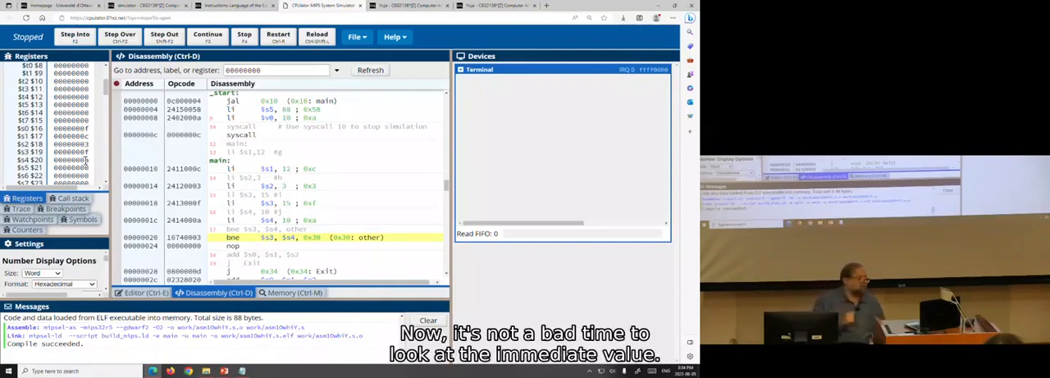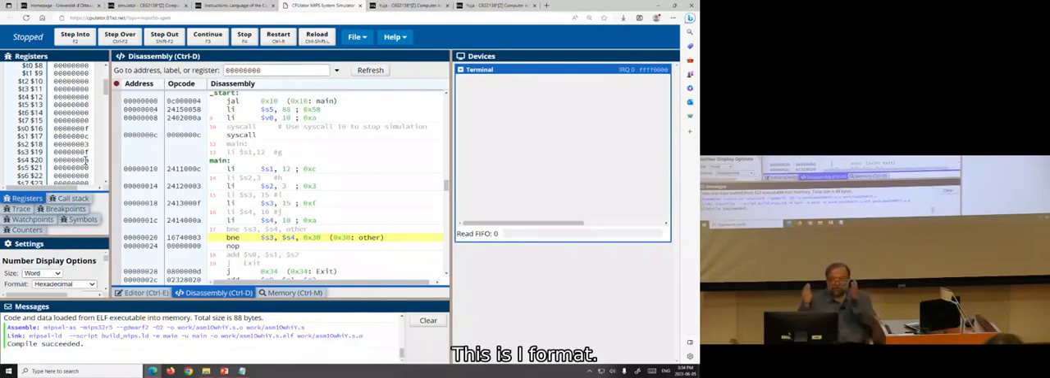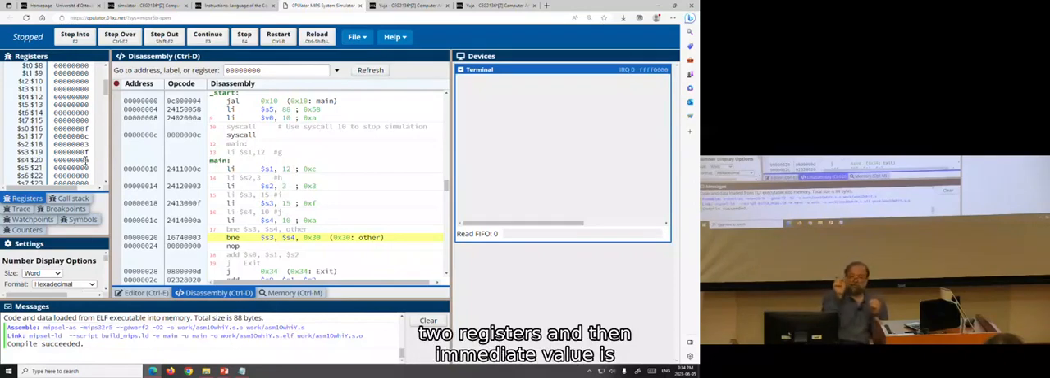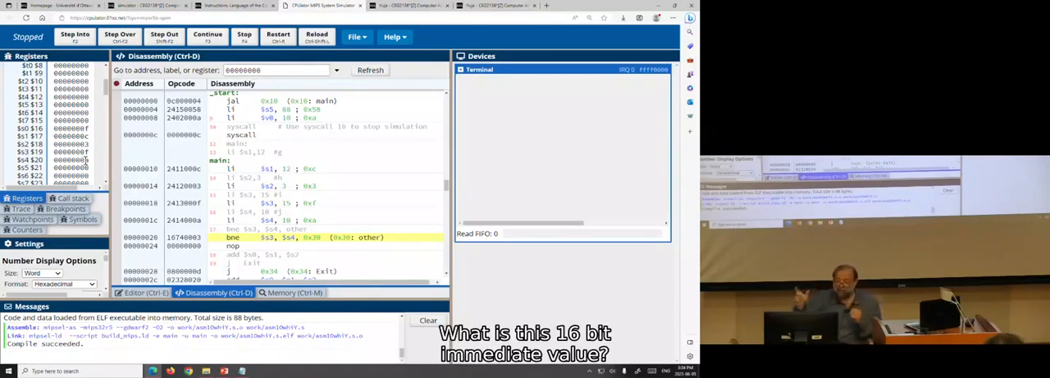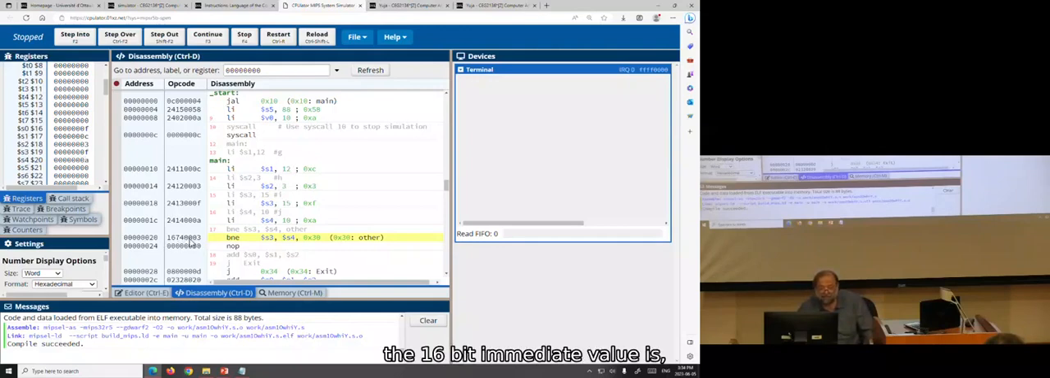Now it's not a bad time to look at the immediate value. I told you, this is an I format. The I format has opcode, 2 registers, and then immediate value, a 16-bit signed immediate value. What is this 16-bit immediate value? If you look at here, the 16-bit immediate value is, do you see that? The instruction is